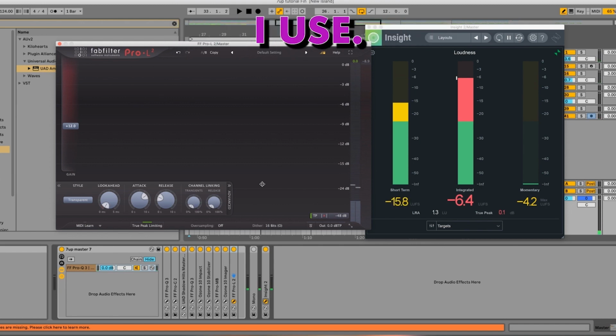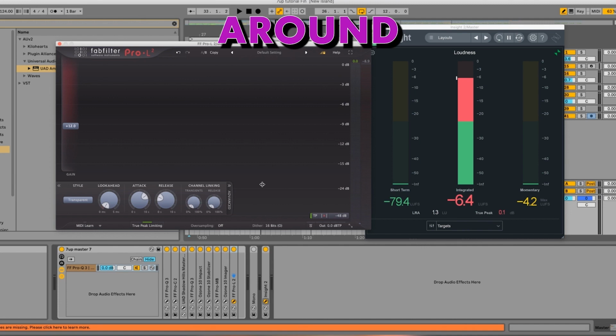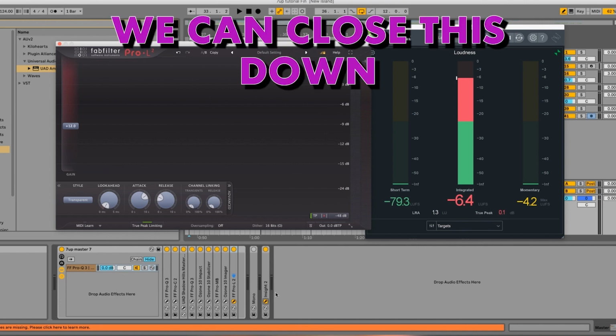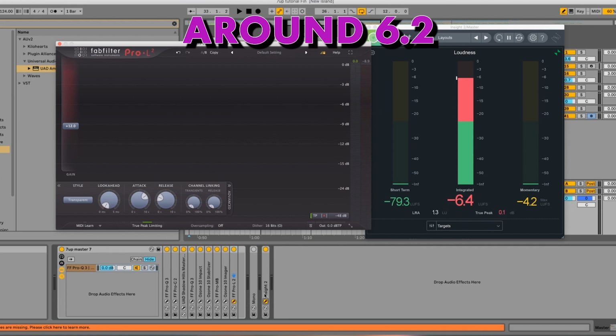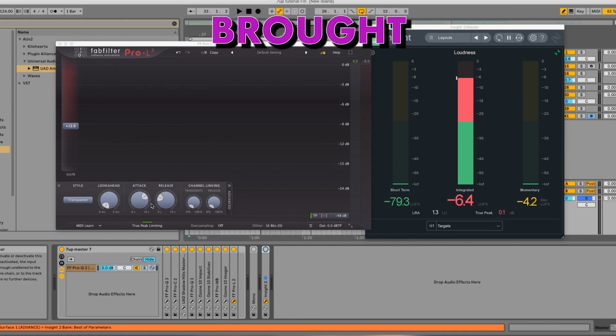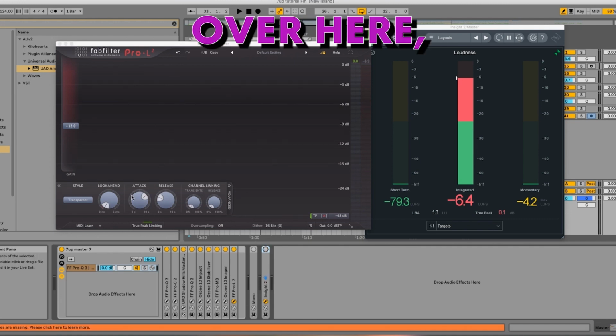So these are common settings that I use. And you notice when I played around with the attack and the release, we were getting different results. We can close this down because I was getting my targeted LUFs here, which was roughly around negative 6.2. When I brought this over here,